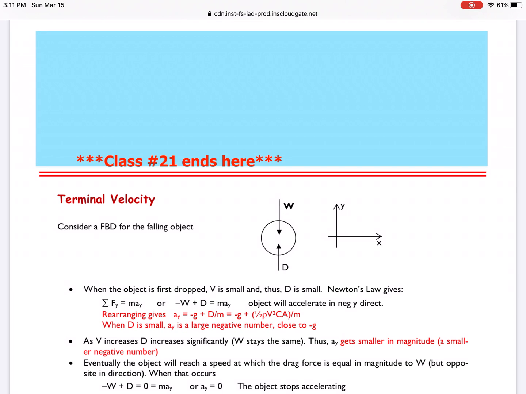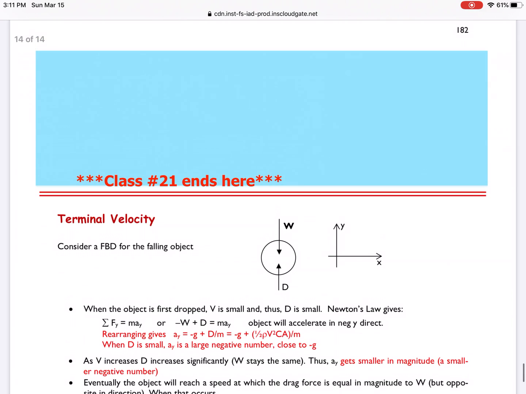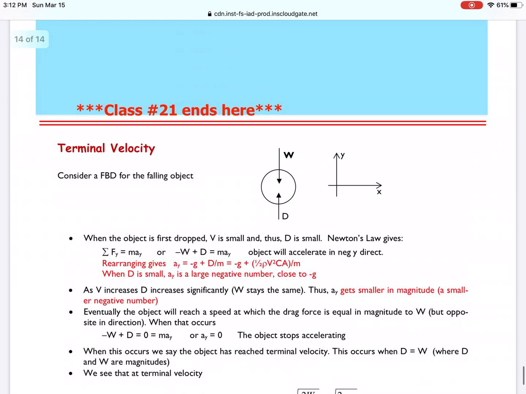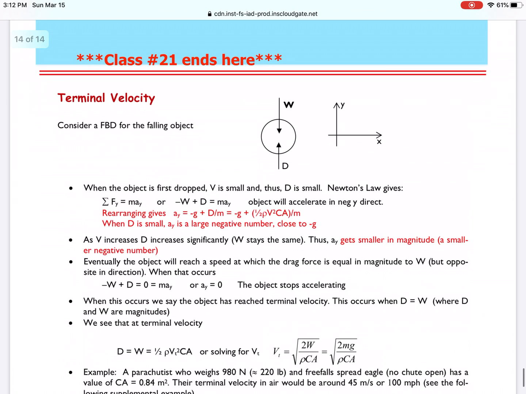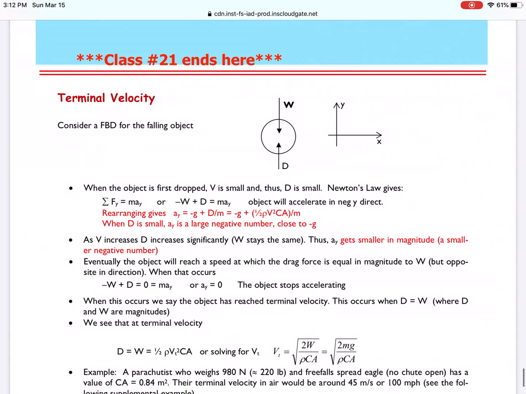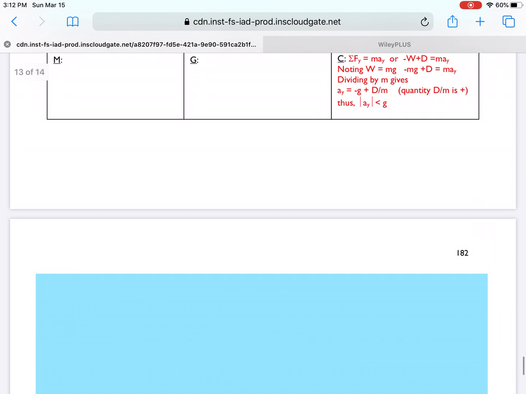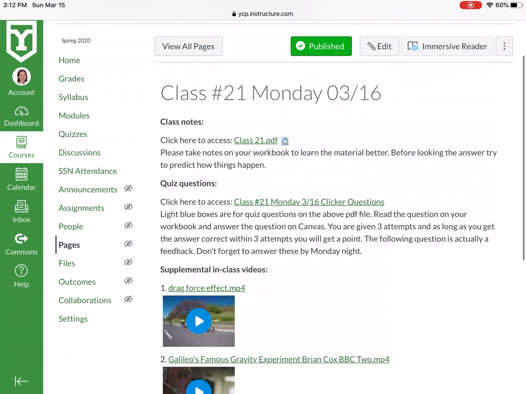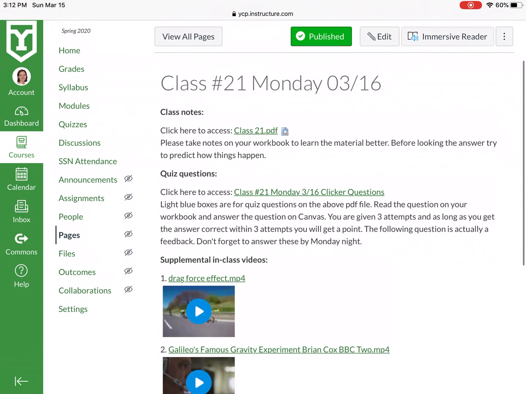And this tells you where class number 21 is going to end. And I'm going to start Wednesday's class from terminal velocity. Okay, so that's kind of what we're going to do. Let's see, we gotta go back here. Okay, so that's the PDF file. And if I go